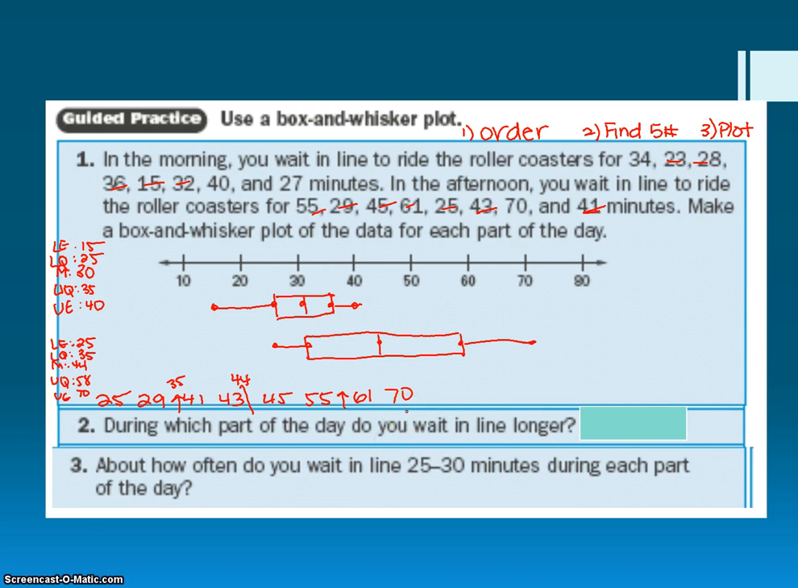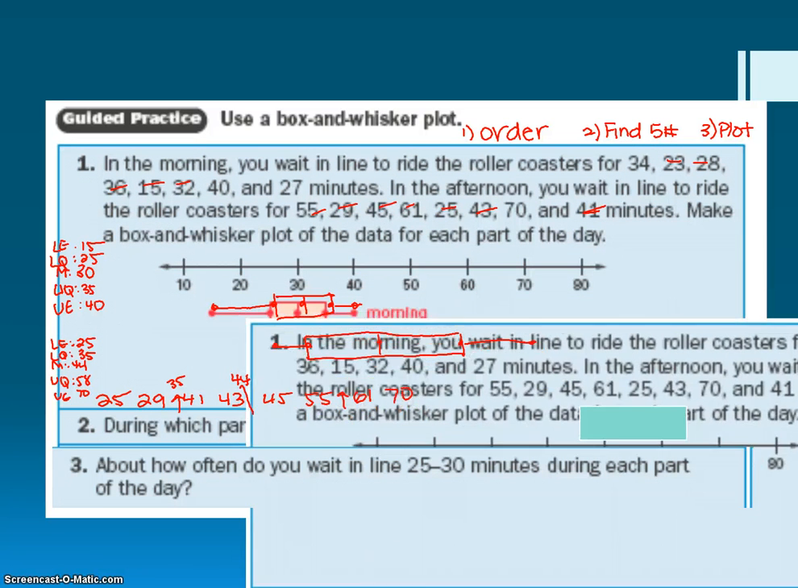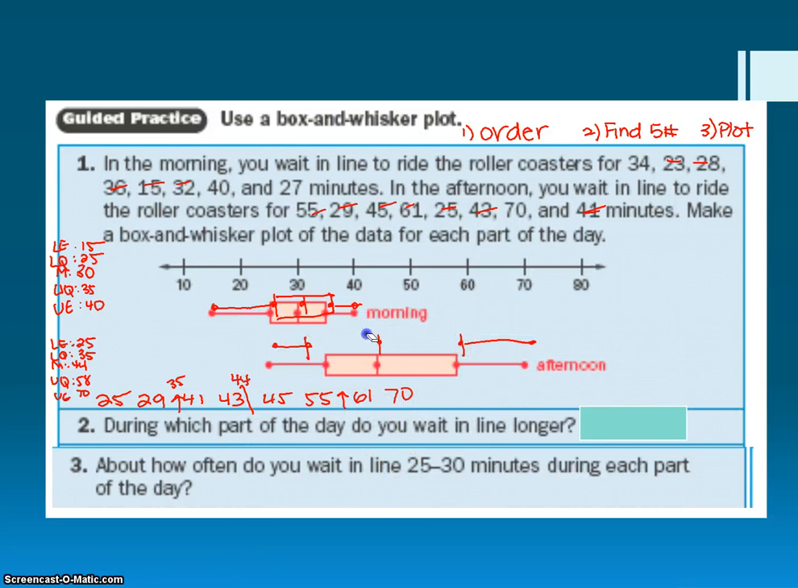So, during which part of the day do you wait in line longer? Well, you could see, because of the distribution of the data, I would say the afternoon is when I waited in line the longest. About how often do you wait in line? 25 to 30 minutes during each part of the day. So 25 is here to 30 minutes is here. Well, in the morning, this is 25%. In the afternoon, now it's slightly less than